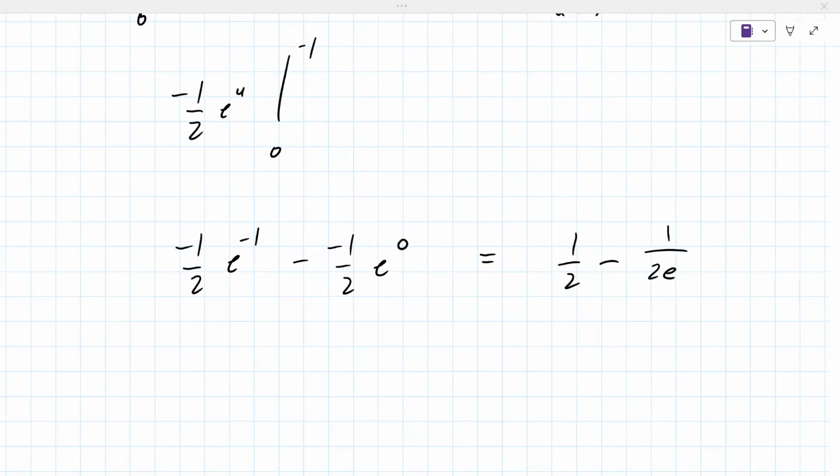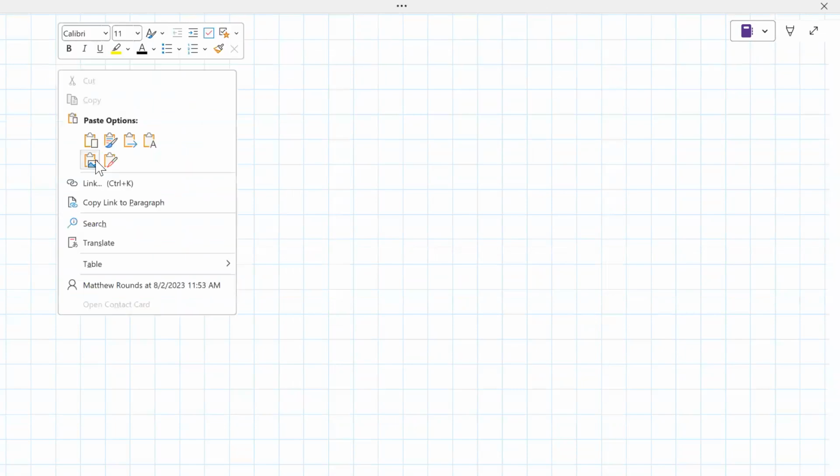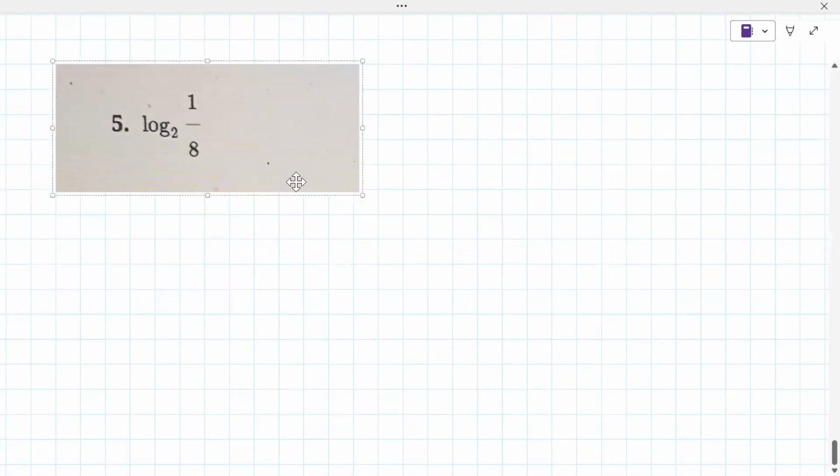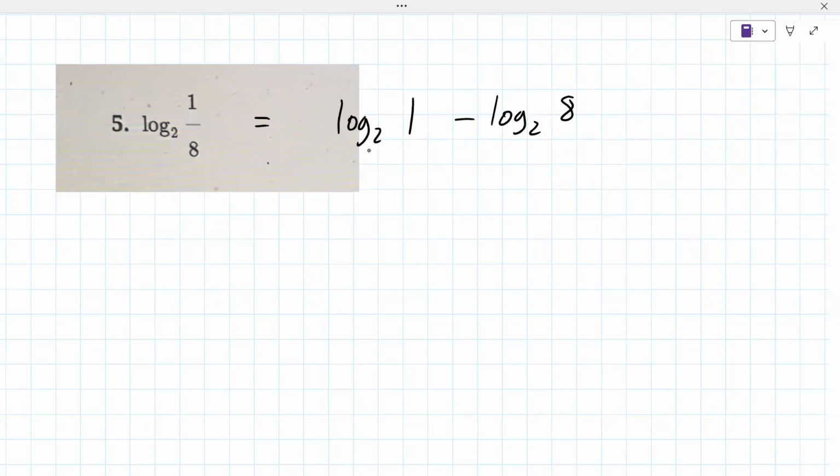Let me see. So the next grouping is around logarithms. All right, so it's kind of the same deal. You're going to see these introductory questions, and so this is the property here: log base 2 of 1 minus log base 2 of 8, and